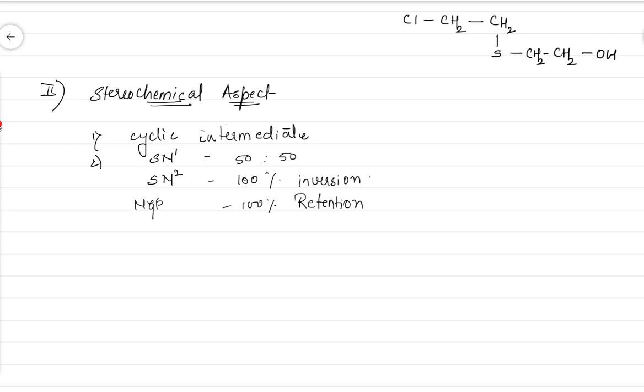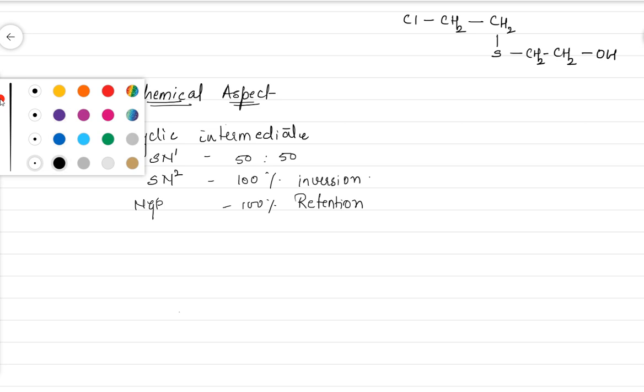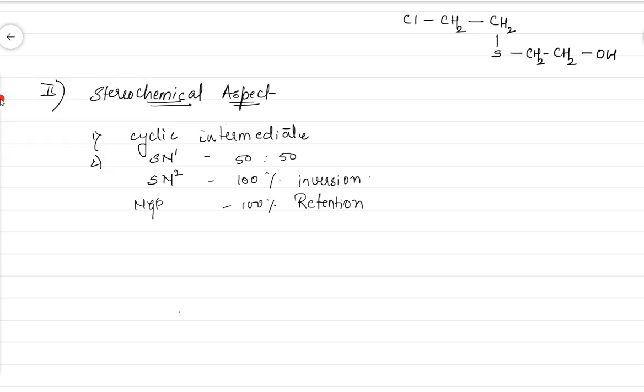So, for example, let's take an example of... sorry, not oxalic acid. Let me first write the reaction example. I will first write the example and then we will go for the further explanation. Threo means trans product. Okay, this is threo, right? This is optically active. This is threo.